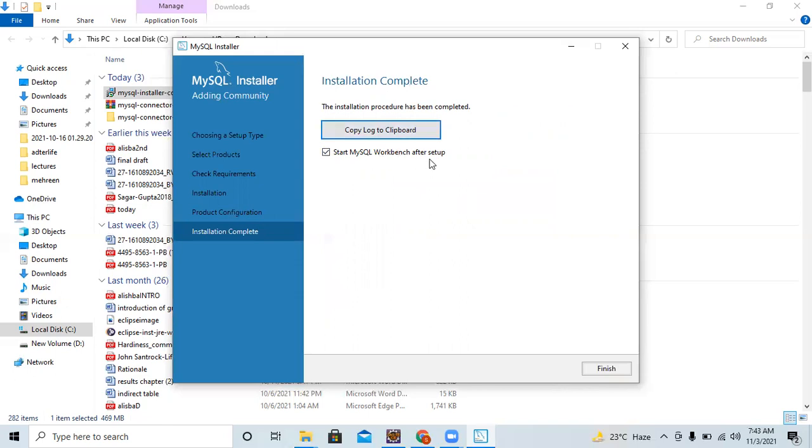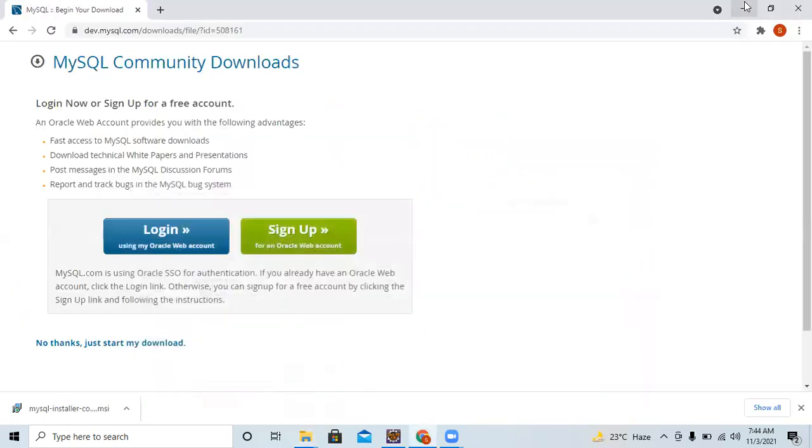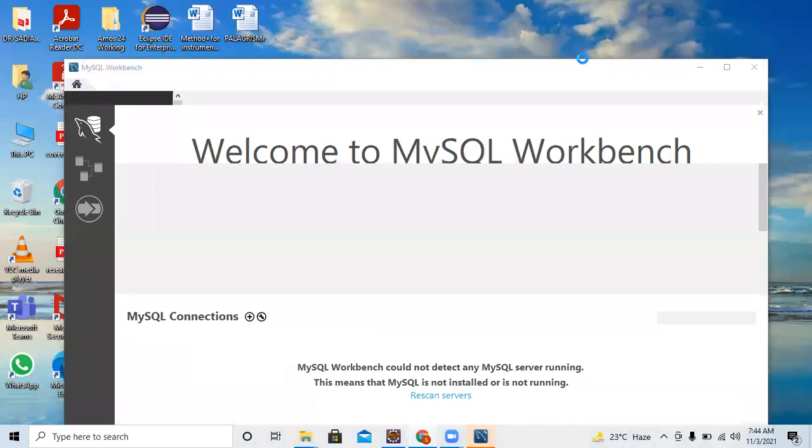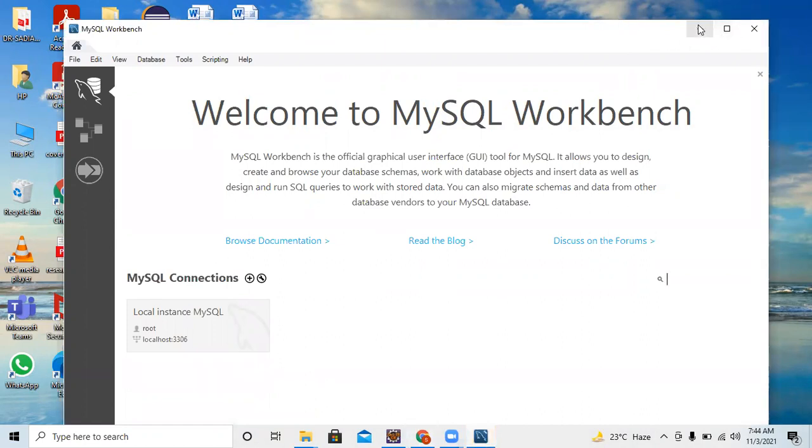Okay. Start MySQL Workbench. After you click this finish button, the graphical user interface of MySQL Workbench will automatically start. But we have also installed MySQL for the command line, or for the command prompt. We also have installed it after clicking this button. Just click over this button. And now you will see after some moments, this is the graphical user interface, which I said in my installation to start automatically. I don't need it at the moment yet. So I am going to minimize it,